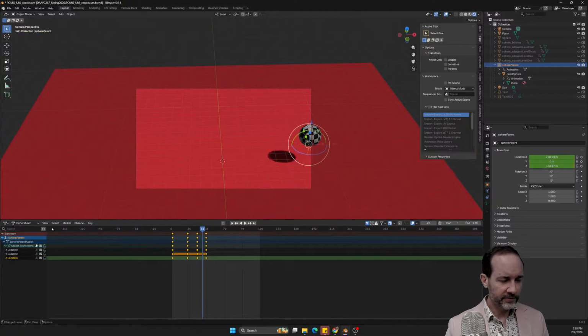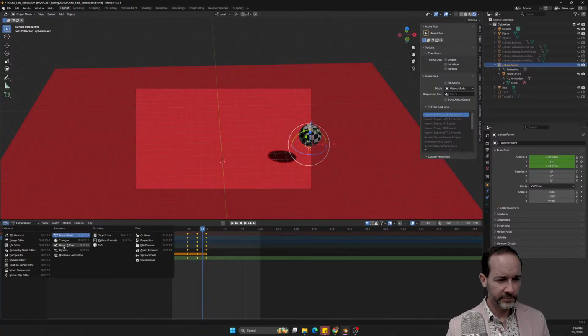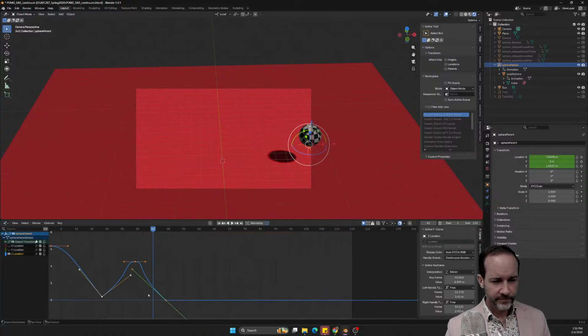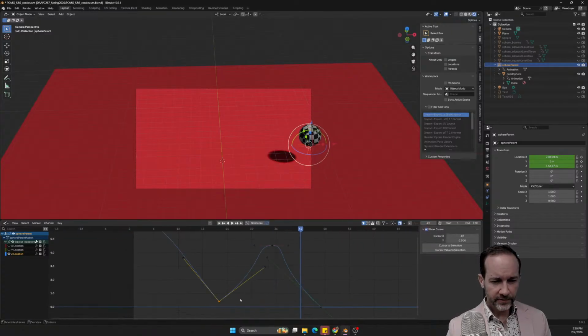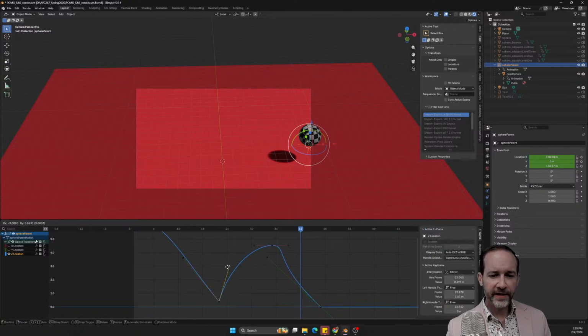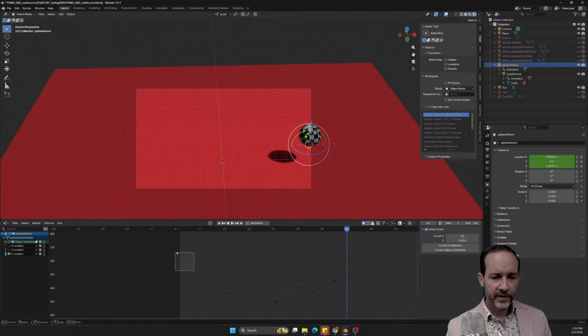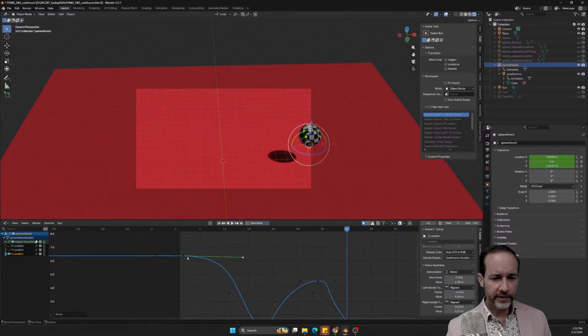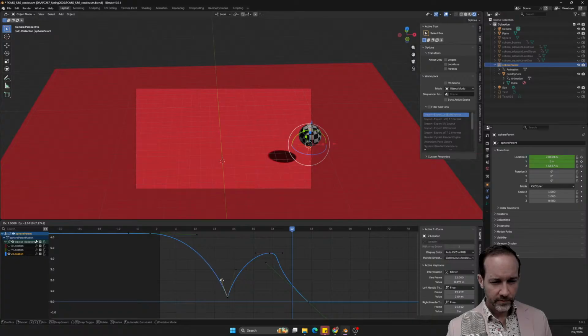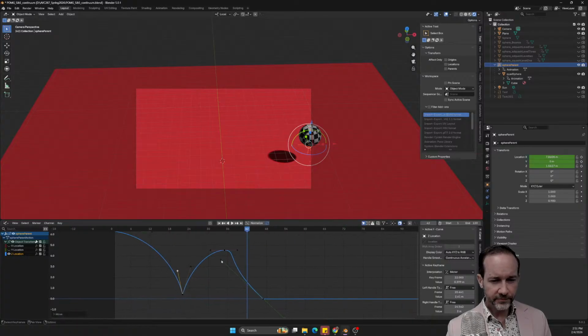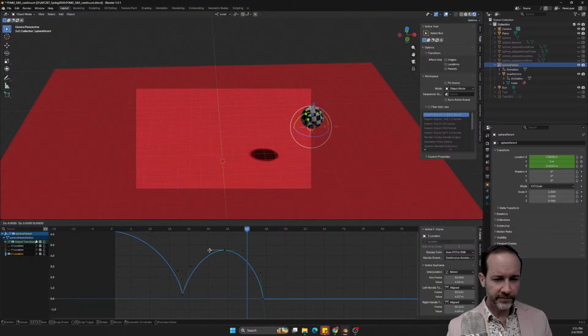Okay, and the path here needs a little bit of work now. So let's look at that. Let's go over to the F curve. There we go. And yeah, you can see part of the reason here is these handles have gotten out of control based on the length they were before. And so when you scale keyframes on the dope sheet like that, they can sometimes end up with these distorted sort of curves over here. Again, we're just trying to get this equidistant situation.